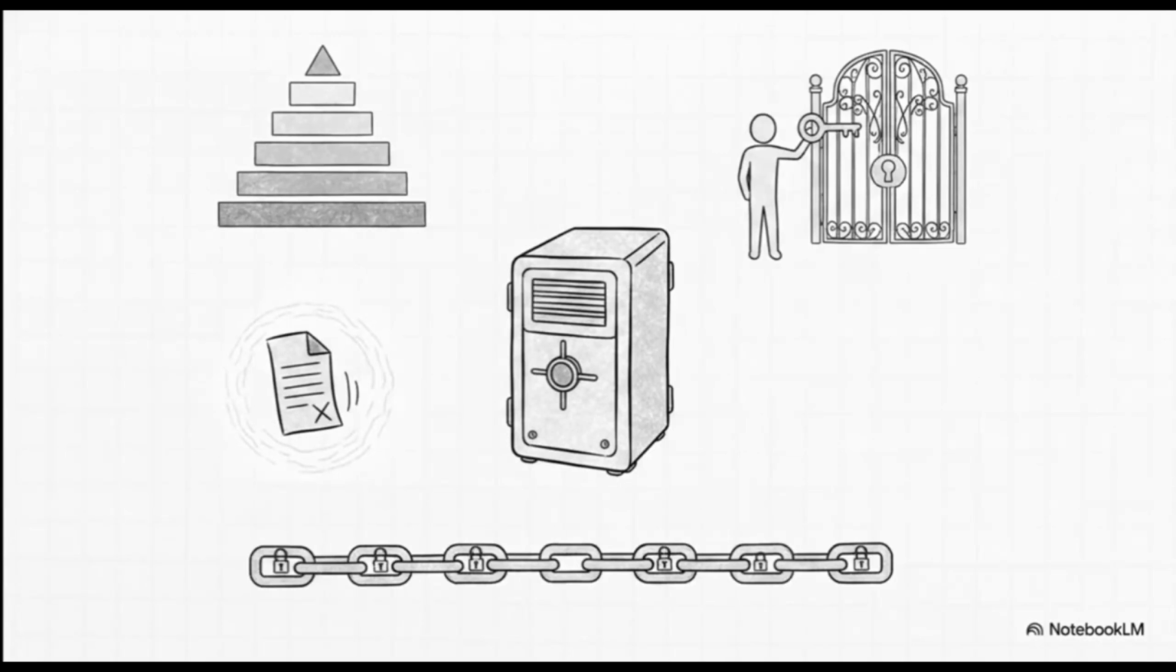It enforces strict role-based access control and end-to-end encryption. Crucially, it uses automated data loss prevention. So if a doctor accidentally tries to email a highly classified record outside the network, the system literally blocks it